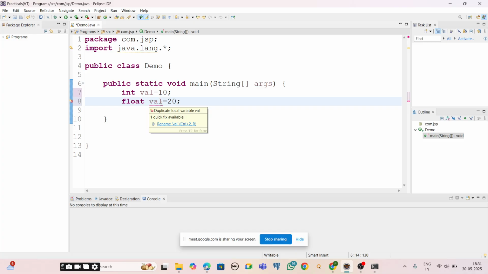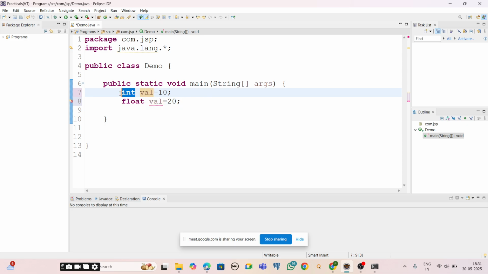See, duplicate local variable. What we are doing here is, for the same variable name, we are trying to declare it with two different data types. So that is the reason it is showing an error. Redeclaration of a variable is not possible. Reinitialization is possible. So if I try to reinitialize and print,